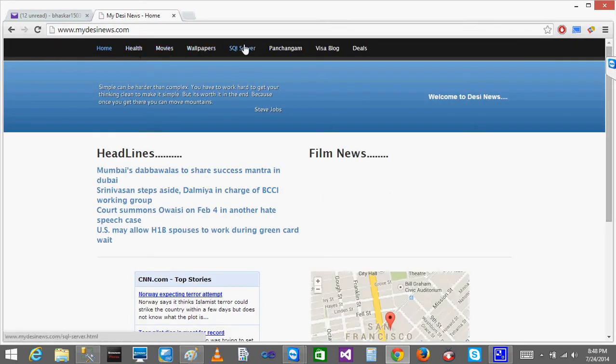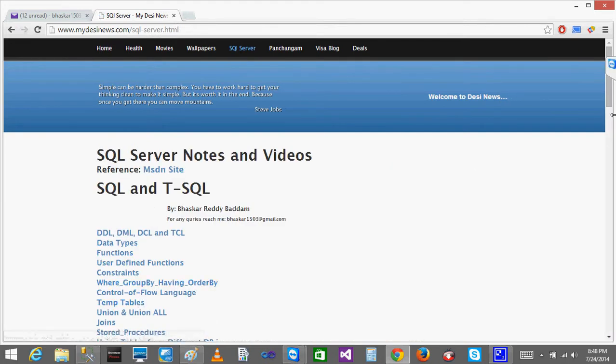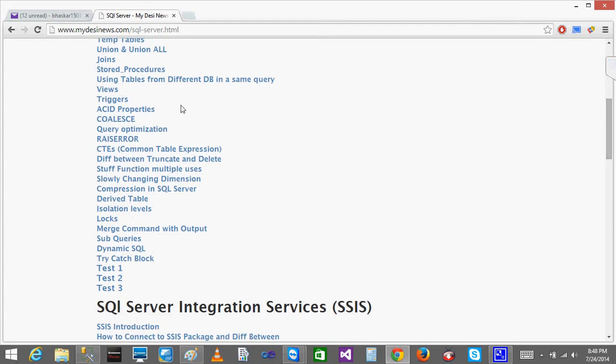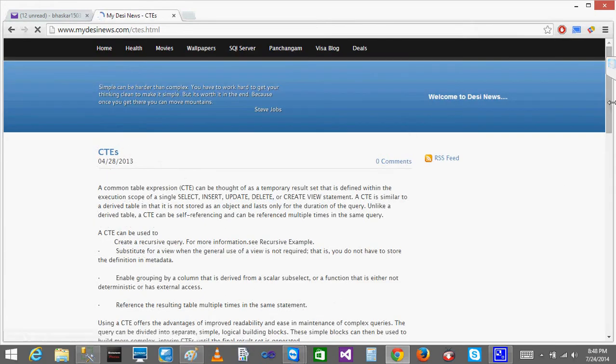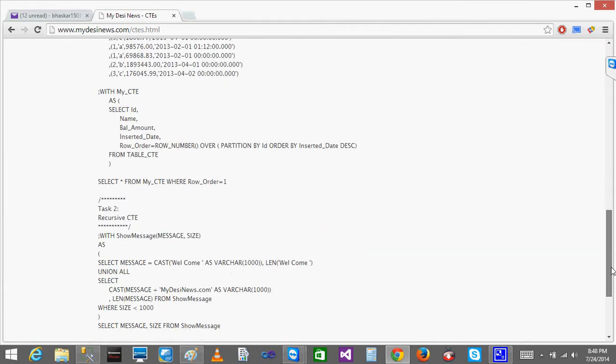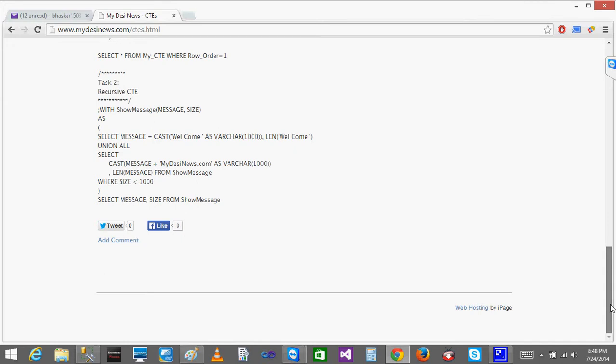Recursive means inside the CTE you will be using the same thing multiple times. Okay, exact syntax. Without union all you can do the same thing with union.